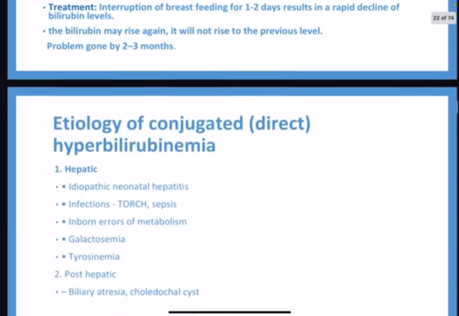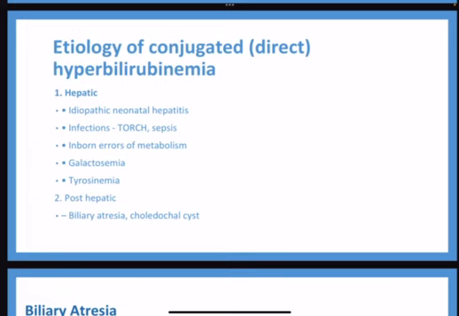Okay. Causes of direct or conjugated hyperbilirubinemia are mainly divided into hepatic, prehepatic, and posthepatic. Okay, hepatic causes, for example, infectious ones like hepatitis. Okay, congenital infections like TORCH infections, inborn errors of metabolism like we said, galactosemia for example, and tyrosinemia. Okay. Post-hepatic, the most common cause that you need to rule out: when a baby comes to us with direct hyperbilirubinemia,